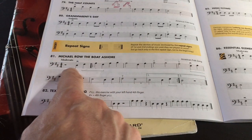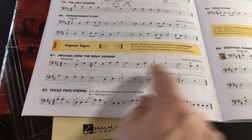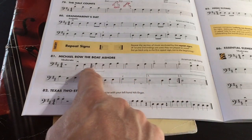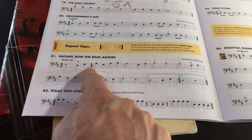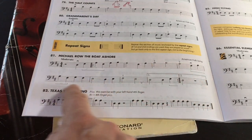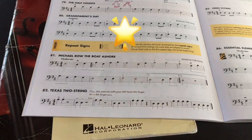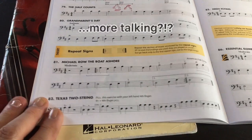All right, one more time. Start at the beginning. We go through. We go through. First ending. Repeat to this repeat. Go through. Go through. Skip the first ending. Play the second. Awesome. So the last thing I want to talk about in this song is something called a